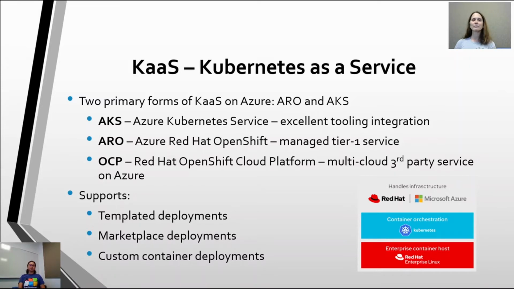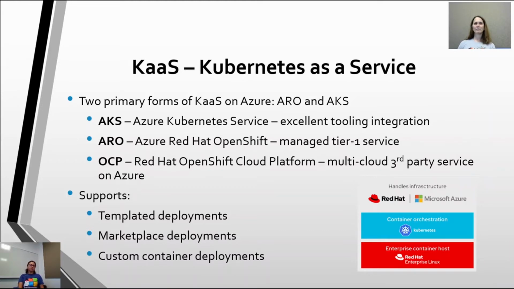It has excellent tooling with everything else that we provide, such as VS Code, Azure DevOps, you name it. It's baked in there and it's ready to go. The next one is Azure Red Hat OpenShift. We co-developed this in partnership with Red Hat, and we have offered this as a managed tier where we have anything from integrated support all the way from the infrastructure to the cluster management. With ARO, it's dedicated, so you don't have to worry about running production deployment. You'll be covered by both Red Hat and Microsoft.